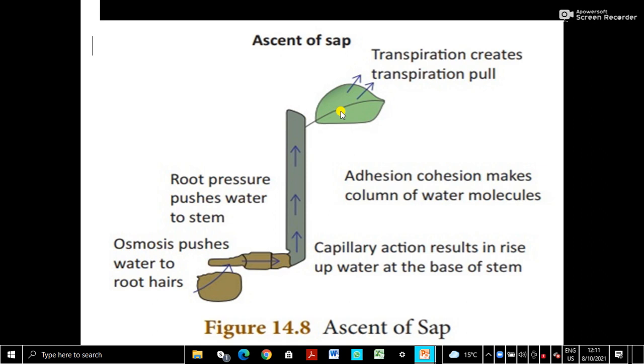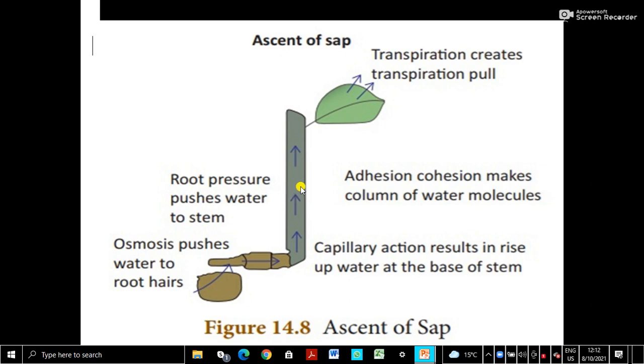And when the excess of water moves into the leaves, the leaves get rid of excess of water by transpiration. This is called transpiration pull. So there is a push and pull force. Okay, push is a force, pull is a force. So root pressure exerts a pushing force, and transpiration pulls the water upwards. So both these together keep a continuous water column without any break.